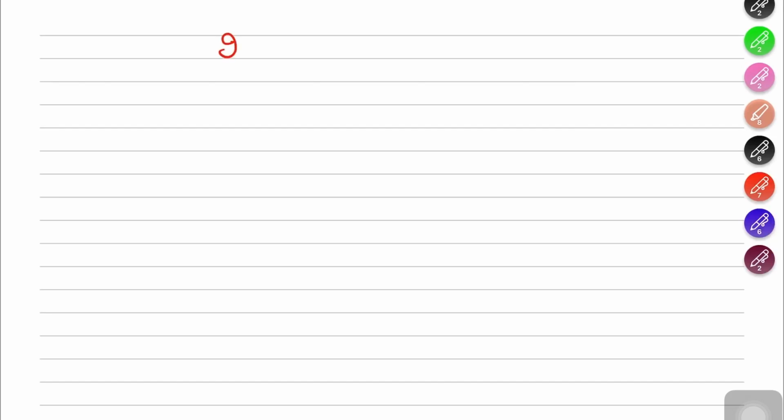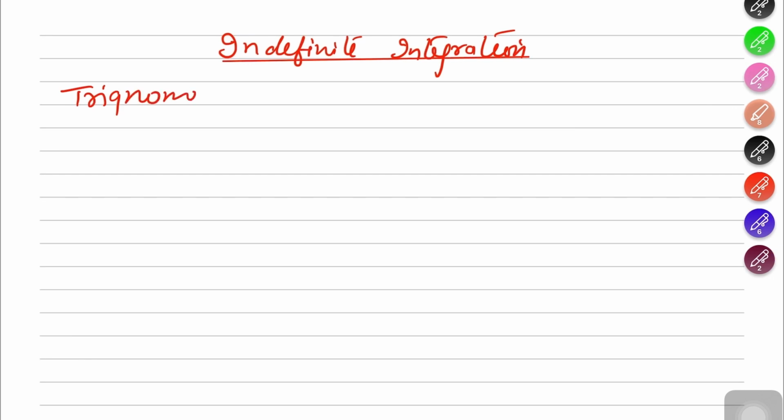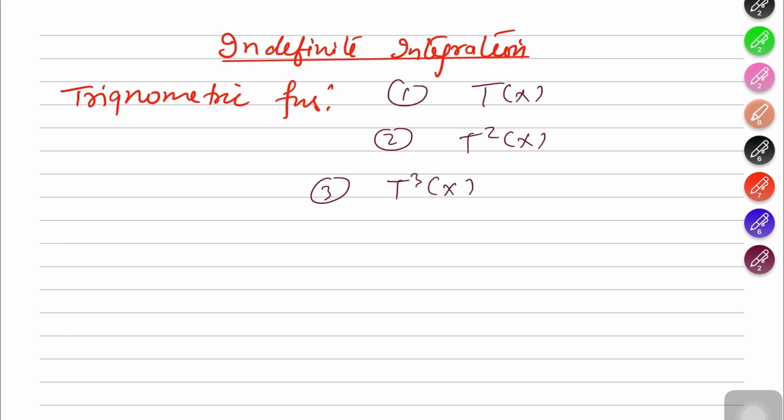So we were looking at the indefinite integration of a trigonometric function. Within it, we have looked at the trigonometric function itself, and we have also looked at the square of a trigonometric function. Now we'll look at the cube of a trigonometric function. Today we'll look at the integration of a cube of a trigonometric function,